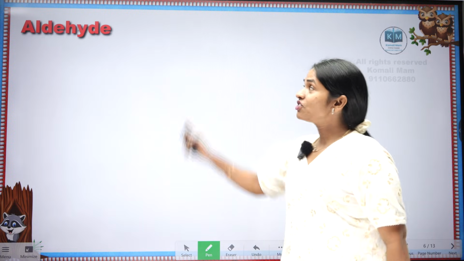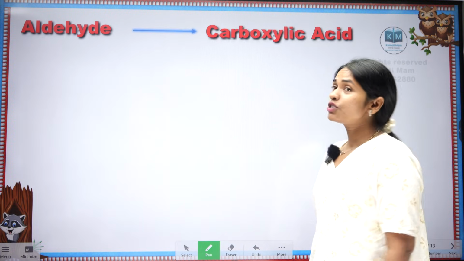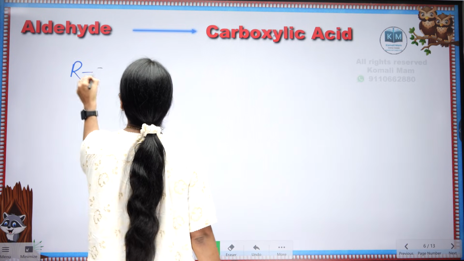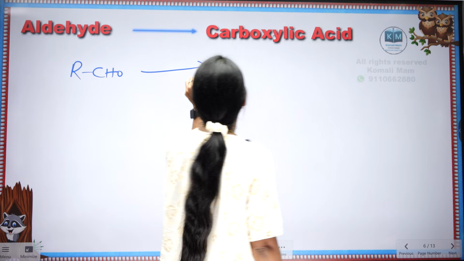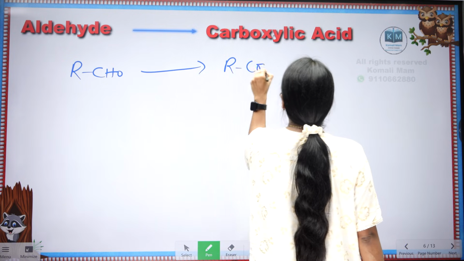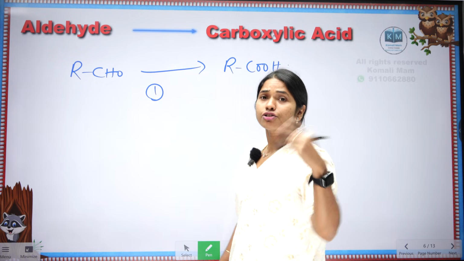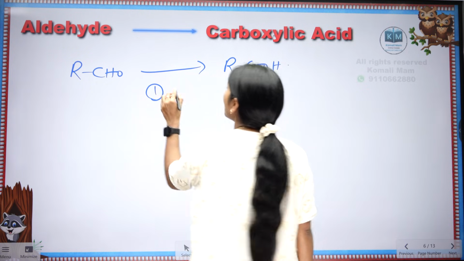3 you have done. Try question number 4. Aldehydes to carboxylic acid. By the time I write it, you should tell the answer. Come on. Try this. Aldehyde to carboxylic acid. 3 oxidizing agents. What are those 3 oxidizing agents? Faster. First one is